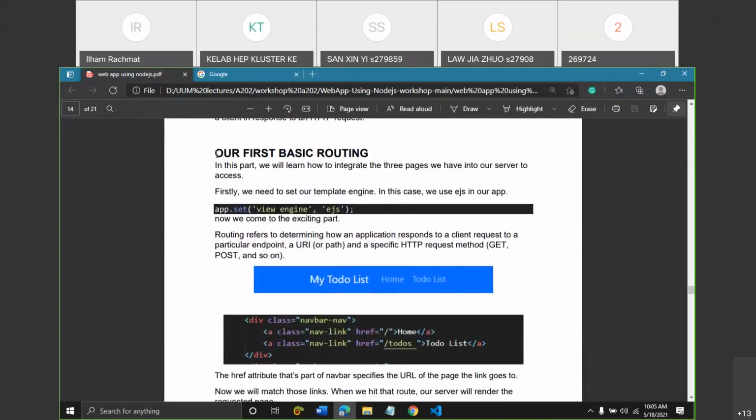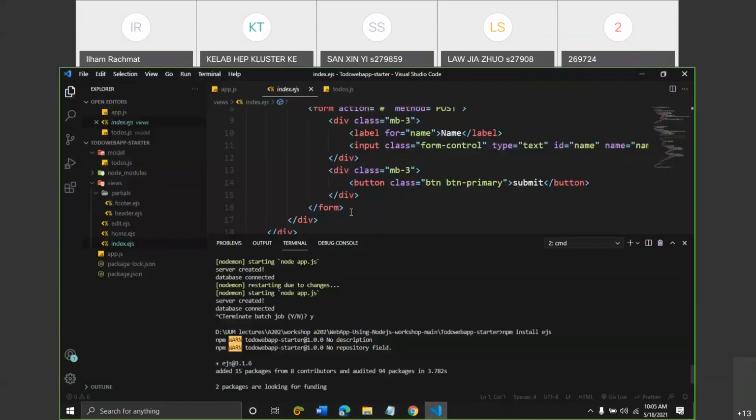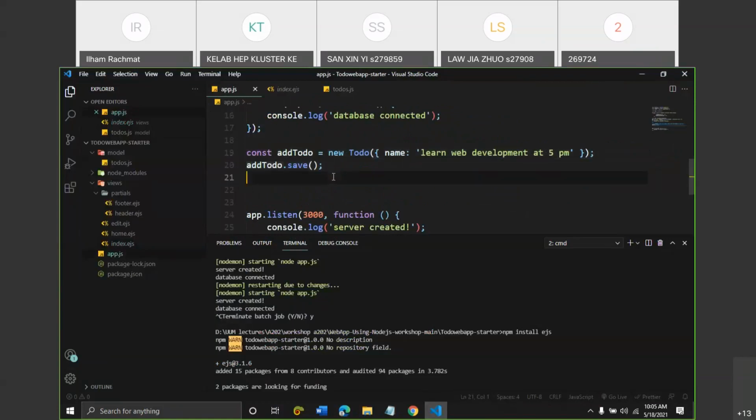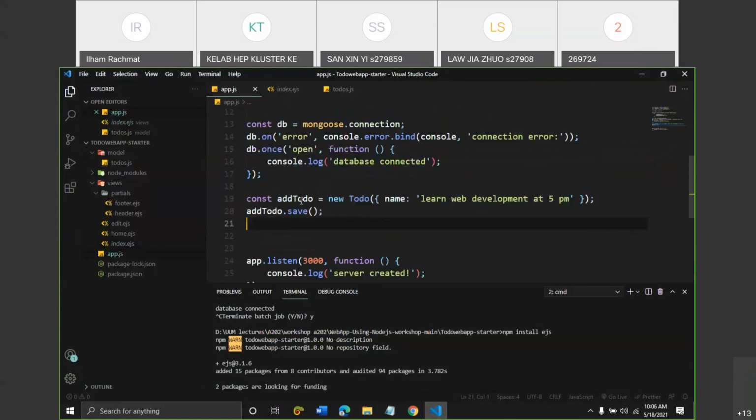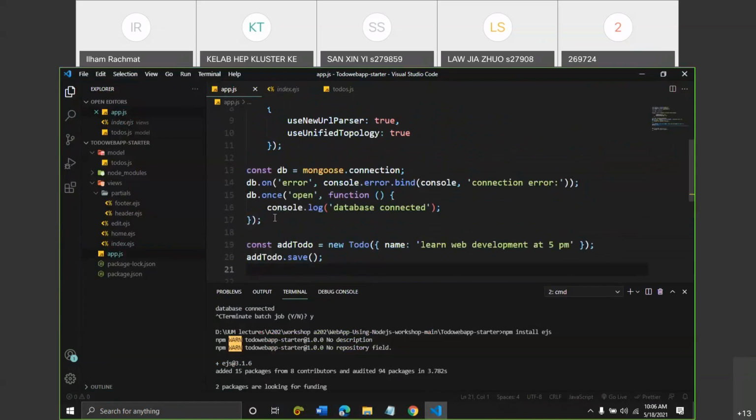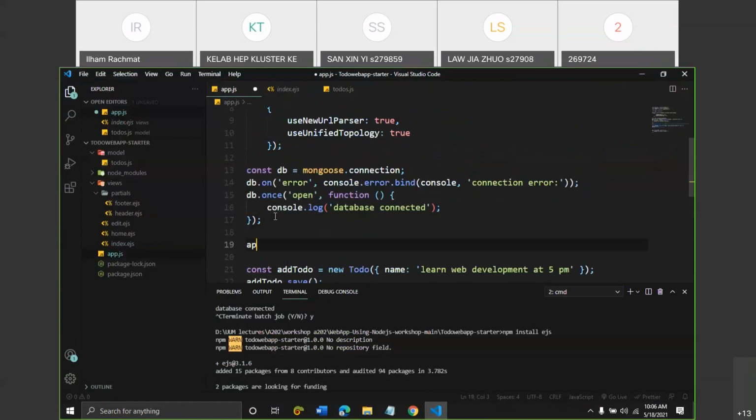So the next step is first basic routing. We will learn how to integrate the three pages that I provided to you. We need to set our template engine first. We have installed EJS, so we need to set that. So we go to app.js. Below this, you can actually put it anywhere. I'll put it over here: app.set view engine,